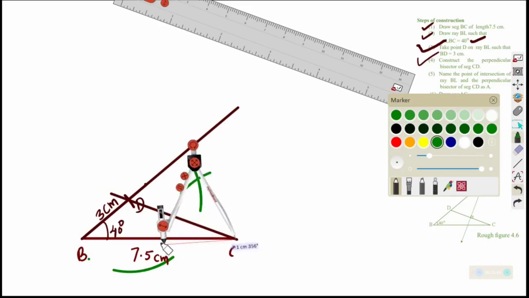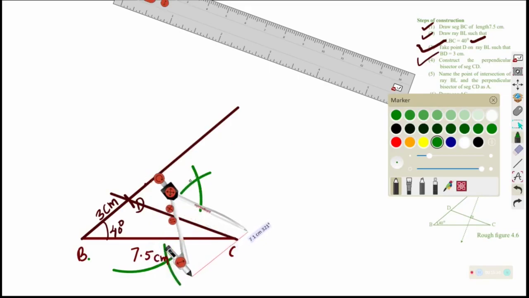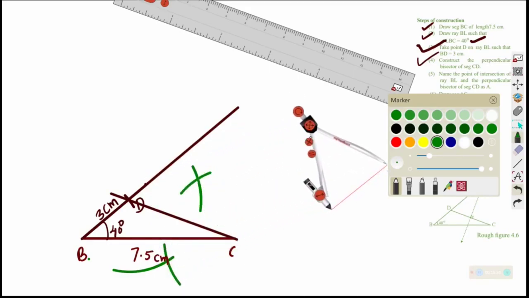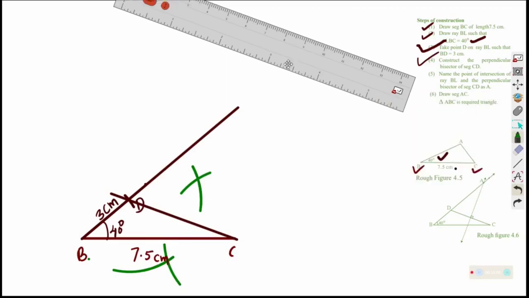Okay, just it will intersect over there, good enough, and we can connect these 2 points of intersection of arcs